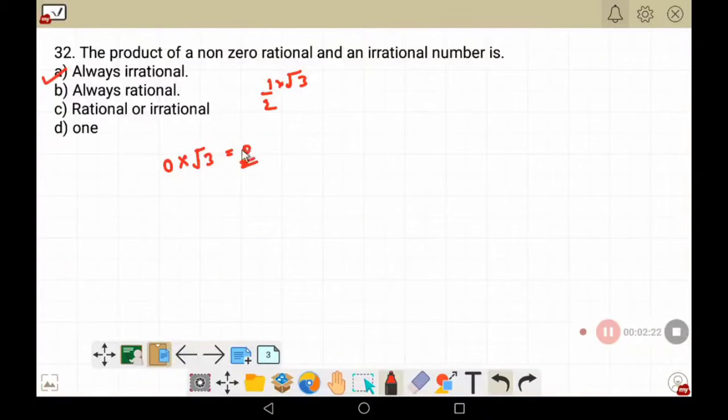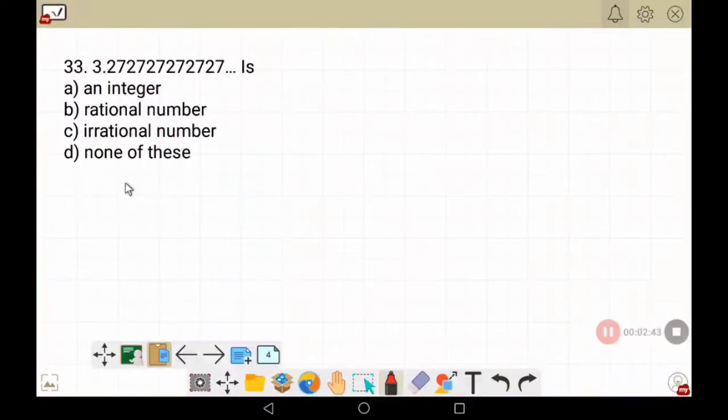As you know, 0 is a rational number, you can assume 1 as a denominator. That's why the question says non-zero. I have already told you in the 9th class video that if non-zero is not there, the answer is rational. If non-zero is there, the answer is irrational. Next,